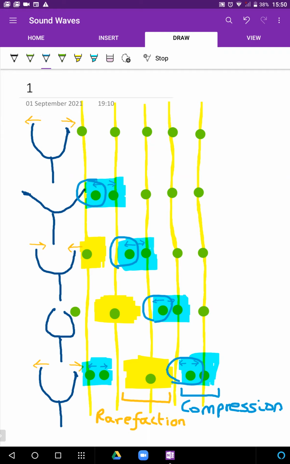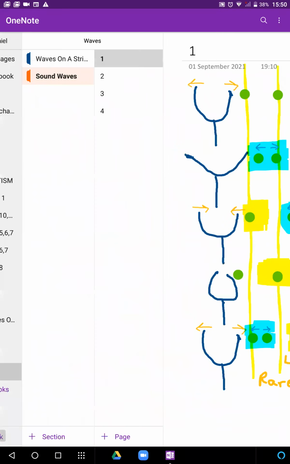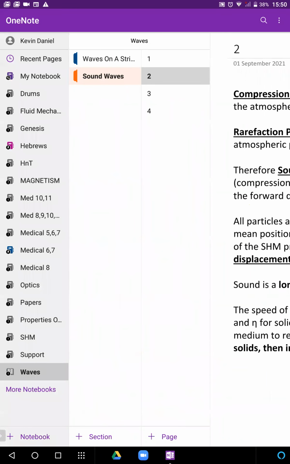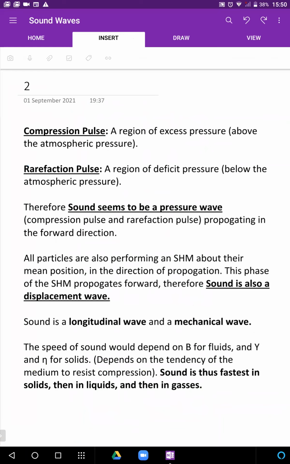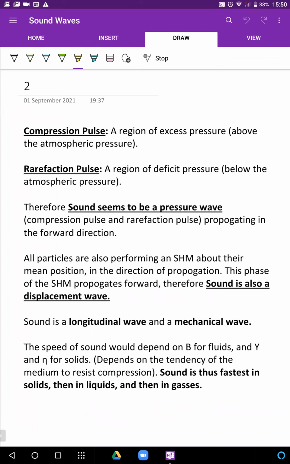It keeps getting pushed forward. At pi by 2 phase, subsequent particles down the line are reaching their positive extreme when the wave reaches them. Okay? So compression and rarefaction pulses propagate forward, and the phase and displacement of one particle is also passed on to subsequent particles, propagating along with the wave velocity. So sound is, as we have mentioned earlier, as we have categorized this, a longitudinal wave,